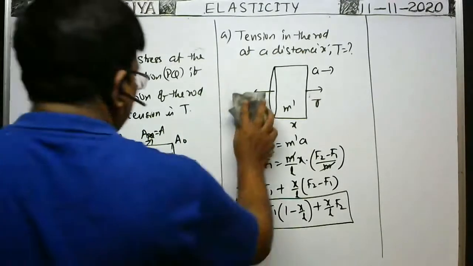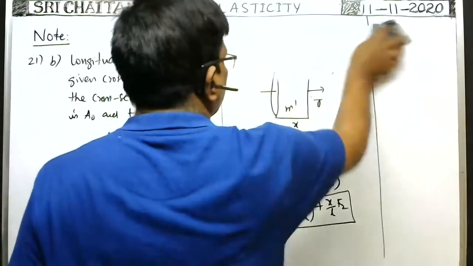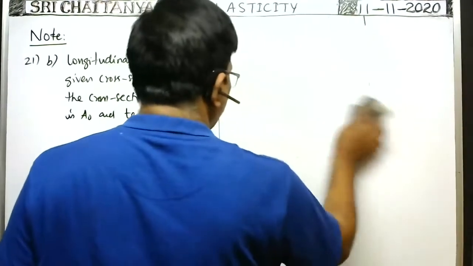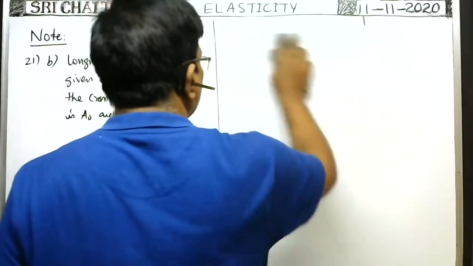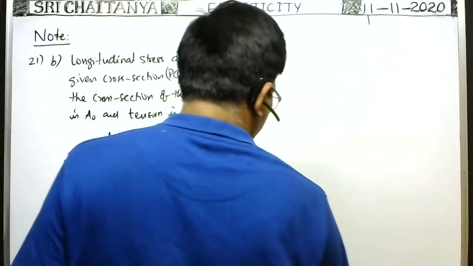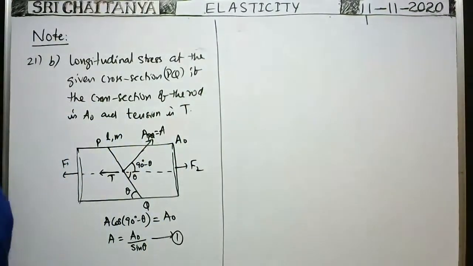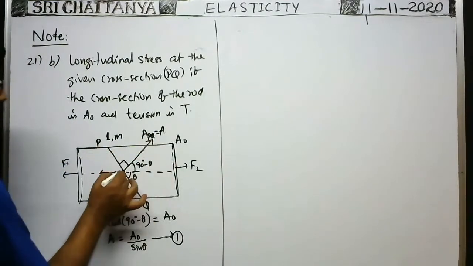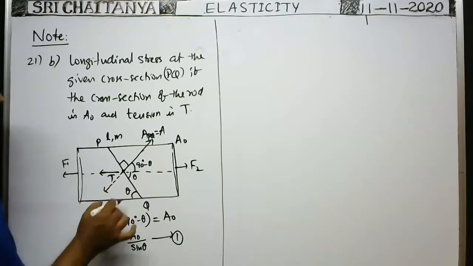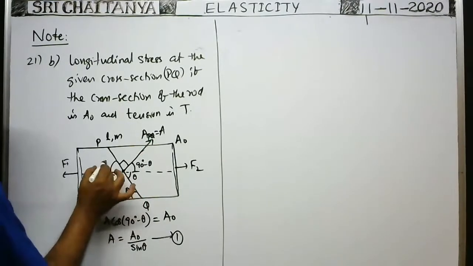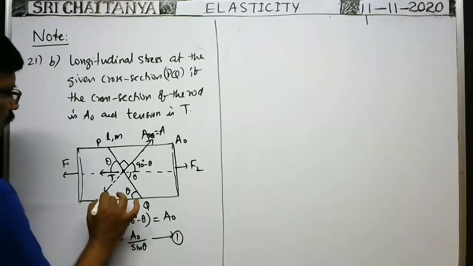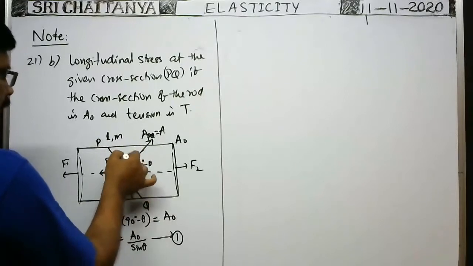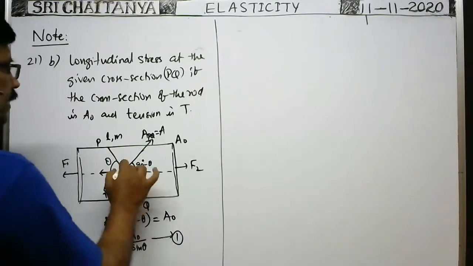Now the stress we have to find. Longitudinal stress means what is the formula for longitudinal stress? Perpendicular to the cross section, the force applied divided by area of cross section. Which one? Perpendicular to this cross section, that is this, so the direction of force is this. If it is theta, this is theta. Then this component is T sin theta. So perpendicular to this cross section, the force acting on the cross section is T sin theta and area is A.